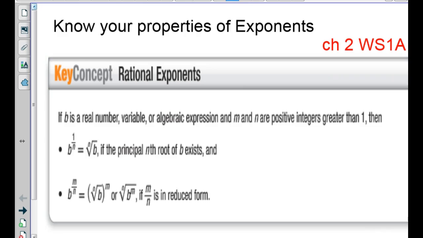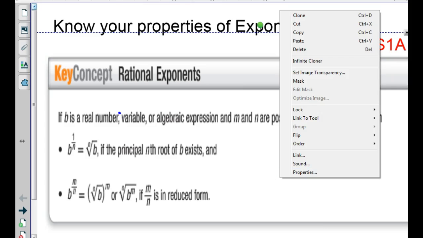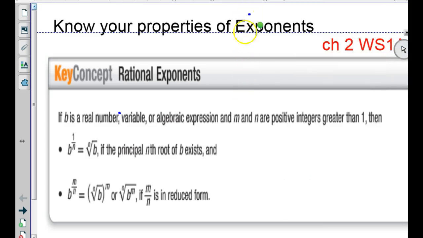Okay. So we're going to start talking about reviewing some exponent rules. These are skills you need in Chapter 2. This first slide talks about, sorry, cursor issues again. Okay. This slide talks about rational exponents. Like if you have,